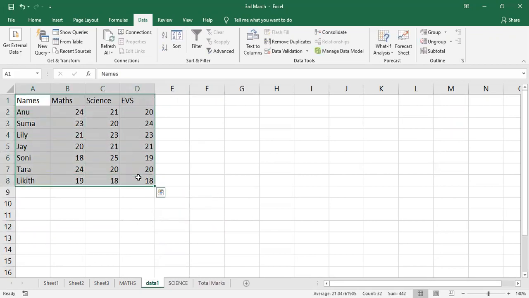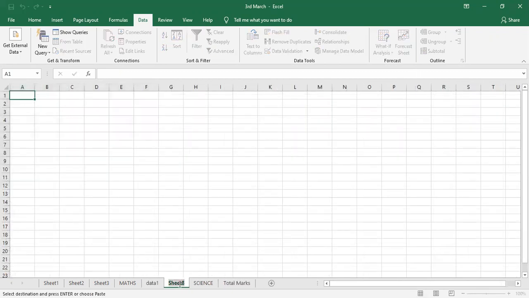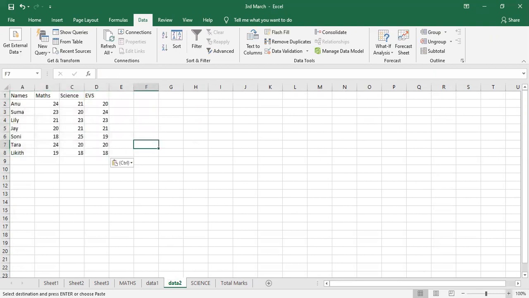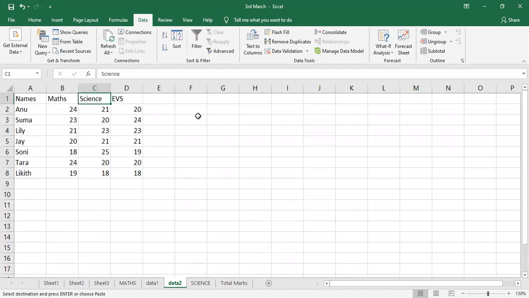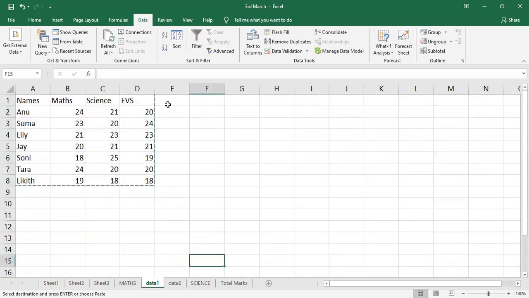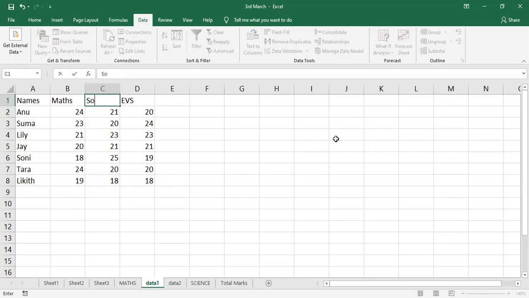Again, I'll copy the same data and then I'll add one more sheet. I'll rename this as data 2. I'll paste the data over here. Here I'm going to change the subjects. Okay. In both the sheets, I'll give 2 common subjects. And here I'll be adding one more extra subject. Instead of science, I'll give here social. Here I'll give computer science, and here I'm going to add,